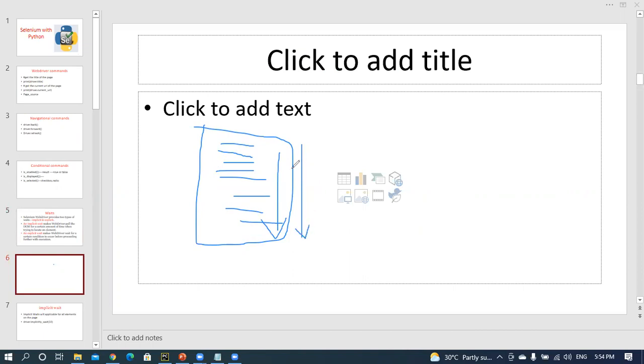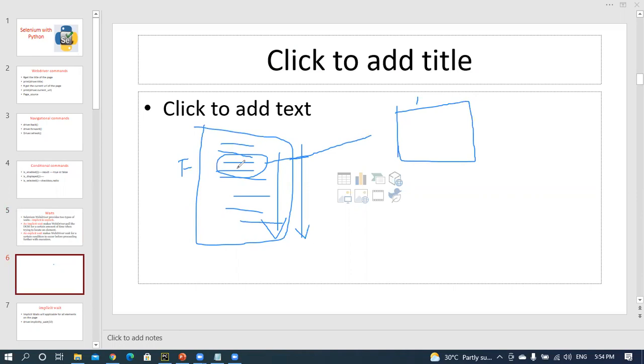At that time, sometimes you have a problem. In a particular command, for example, you apply find element by id. Normally there exists a web page, for example python.org.